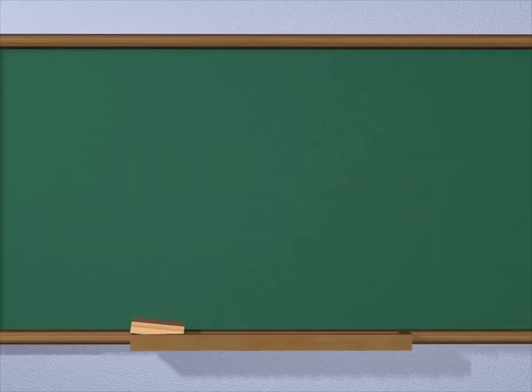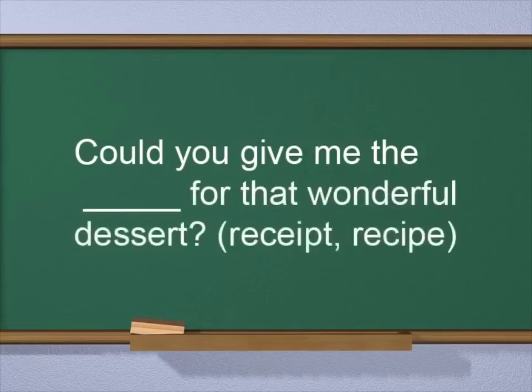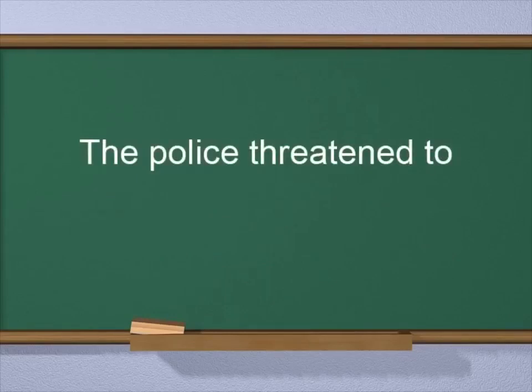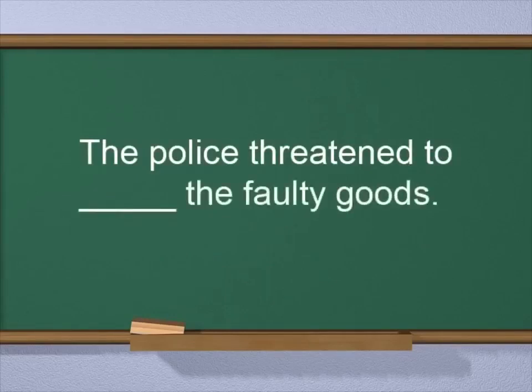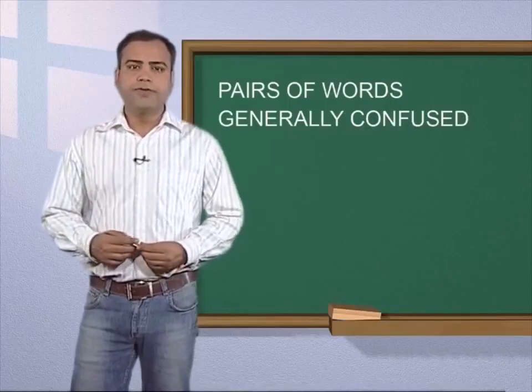The next question is, could you give me the dash for that wonderful dessert? The options are receipt or recipe. And the answer is, could you give me the recipe for that wonderful dessert? The next question is, the police threatened to dash the faulty goods. The options are seize or cease. The answer is, the police threatened to seize the faulty goods. Sometimes people get words confused because